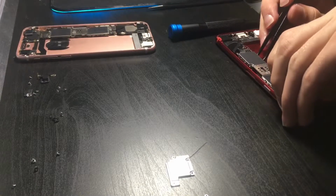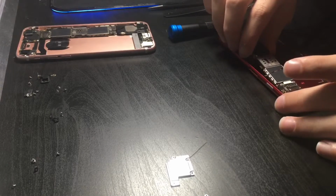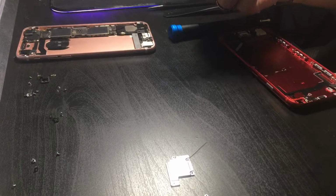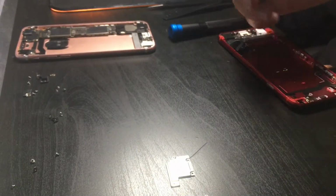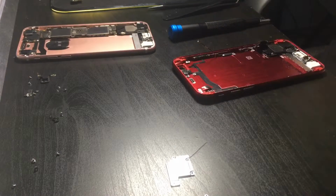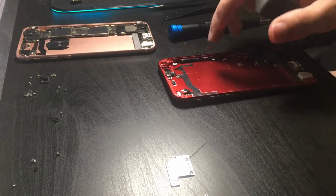Let's undo this right here first. All right. Great. Now I have the good logic board. I love that there's a gold Apple logo right there. It's probably my favorite part about the logic board. Well, the iPhone logic board. Well, the term logic board is only used with Apple products. Anyway,